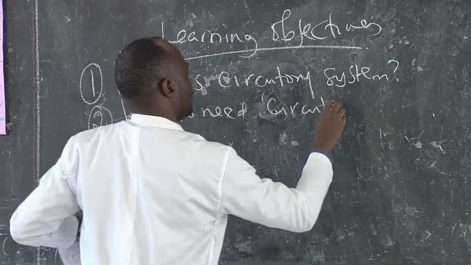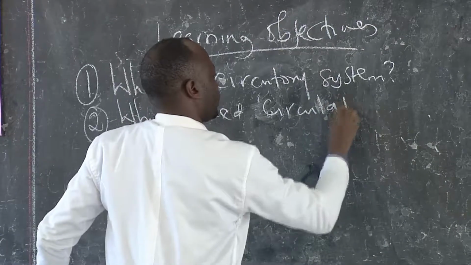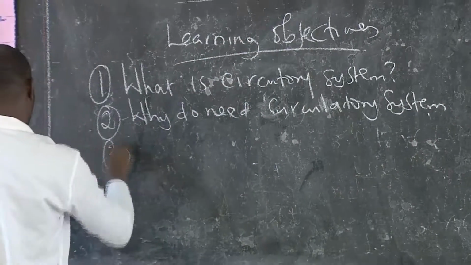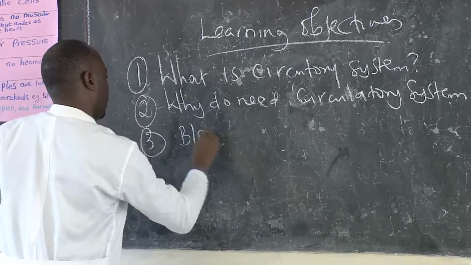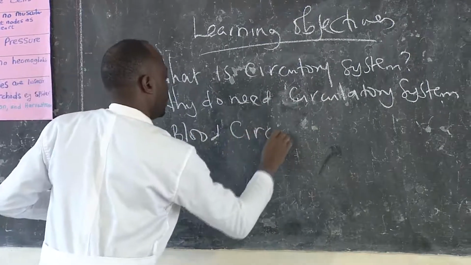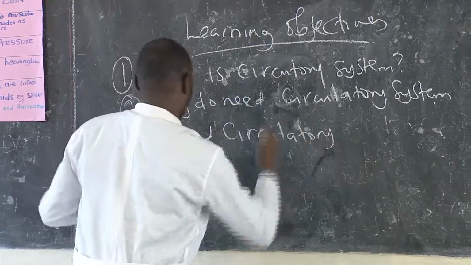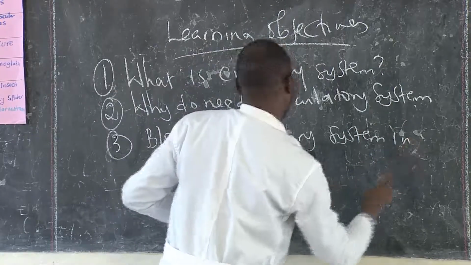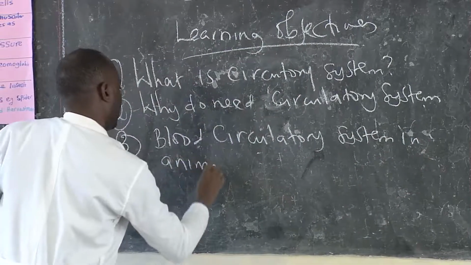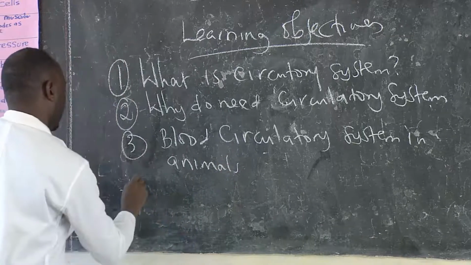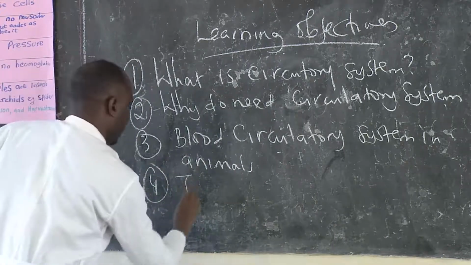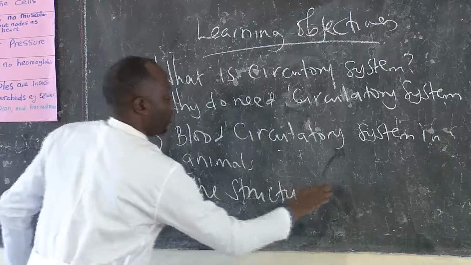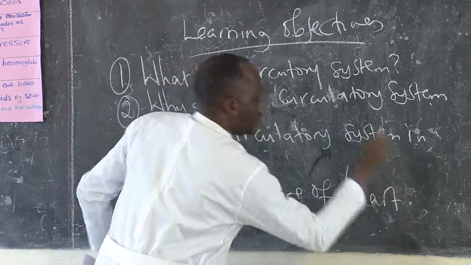Why do we need the circulatory system? Objective number 3 is blood circulatory system in animals. The last one we're going to talk about, number 4, is the structure of the heart. Let's